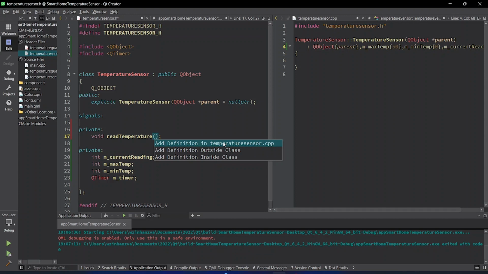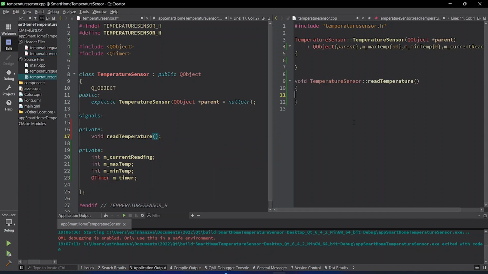I don't know, my Qt Creator is kind of misbehaving today. Right, enter. Okay, there we go. All right, so now that we have our readTemperature,